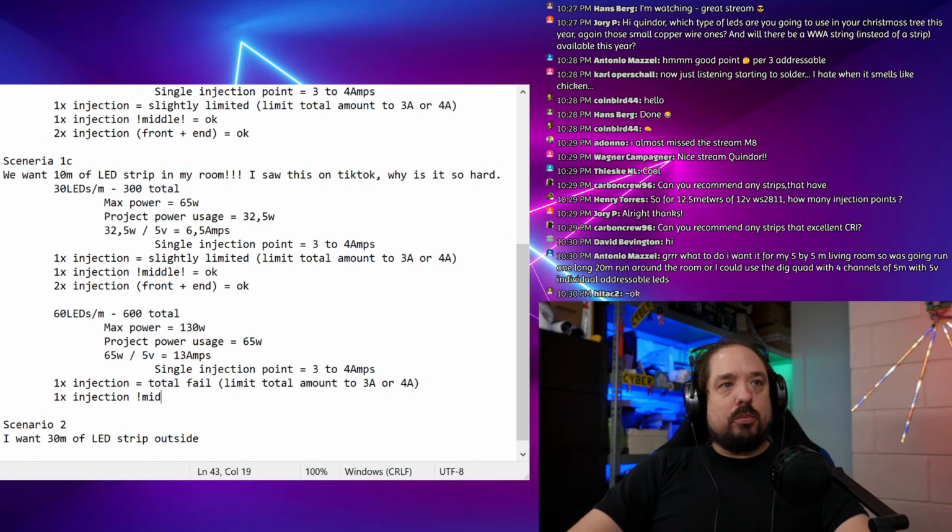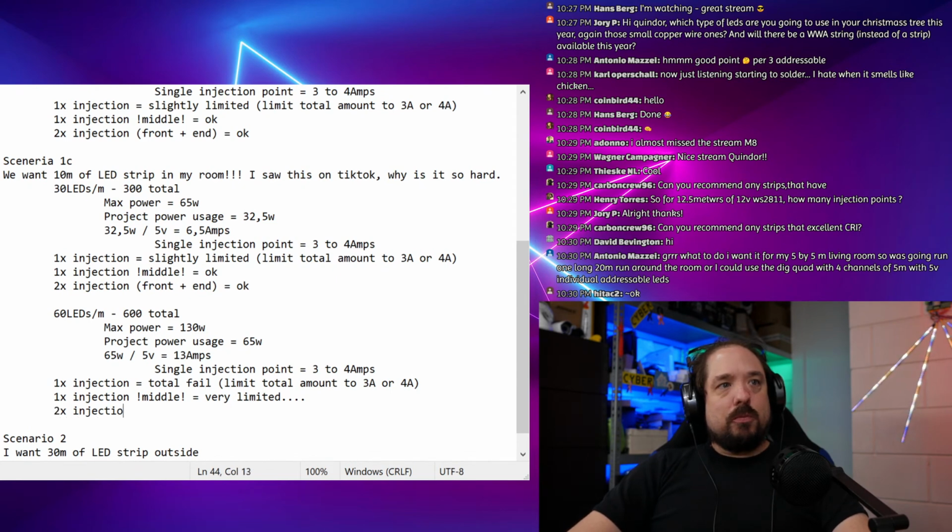Nope. That's only going to give us 6 to 7 amps. Very limited. 2 times injection, front plus end, that will work, but